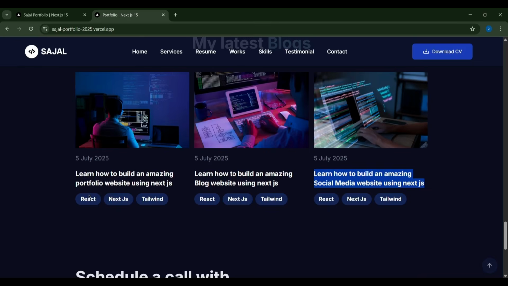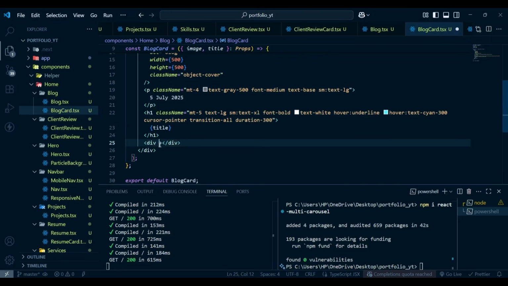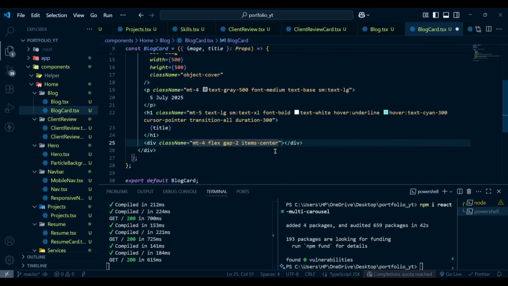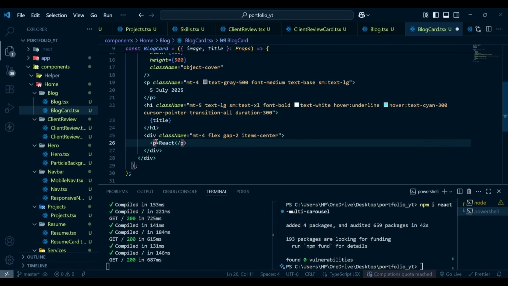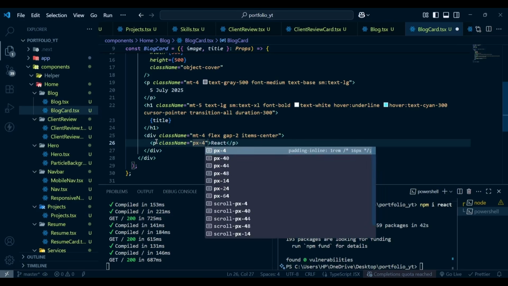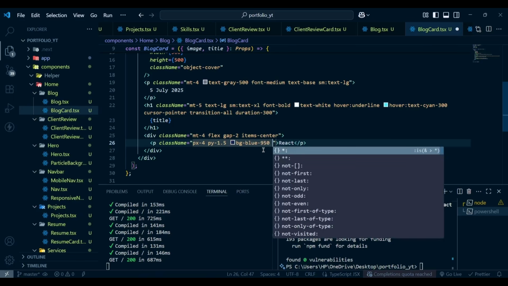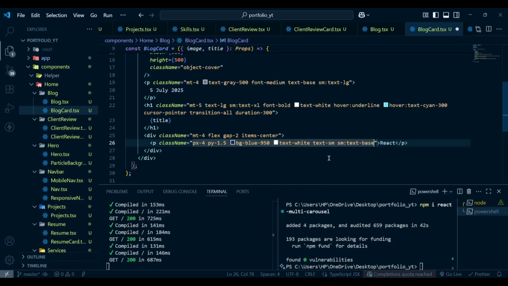Awesome. Next we have this tag. So after the h1, we have a div with class name of margin top of 4, flex, gap of 2, items will be centered, and then inside this we have a p with the text React, and here we have a class name of px4, py will be 1.5, bg will be blue 950, text color white, text small, on smaller devices text will be base, and font bold, rounded full,